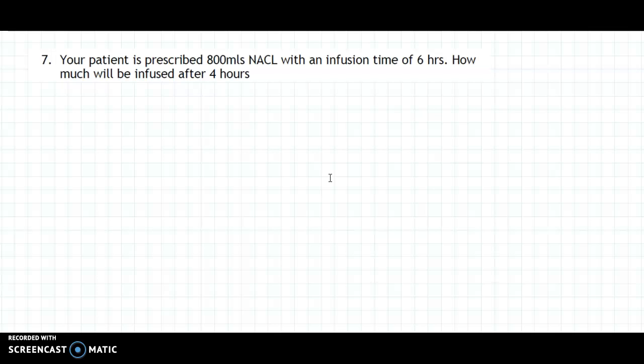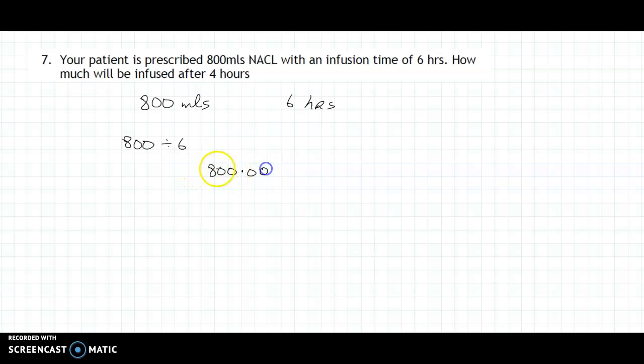so 800 mils after 6 hours, right? 800 mils goes in 6 hours. So a handy way to do this maybe is to get how much will be in after 1 hour. So we divide by 6. We divide 800 by 6, and that will tell us how much the patient has got after 1 hour. And once we have 1 hour, we can multiply our 1 hour figure by 4 to get our final answer there. So 800,